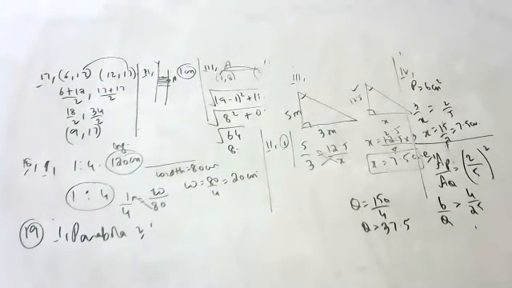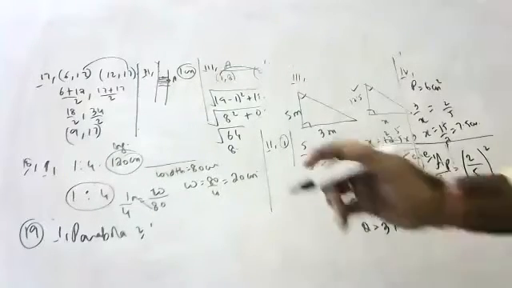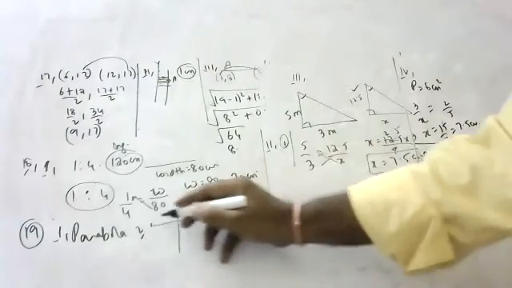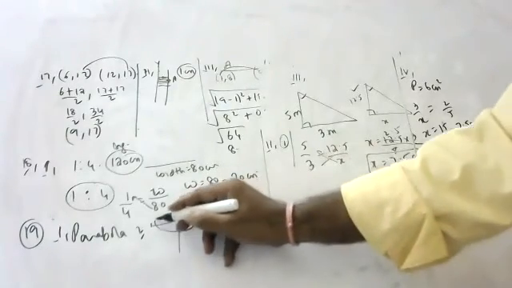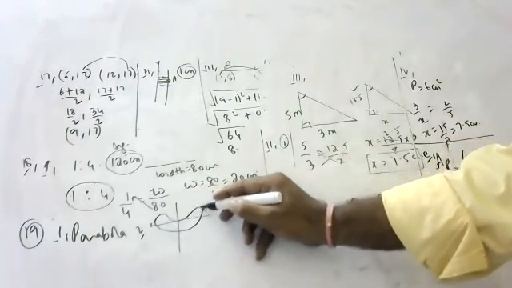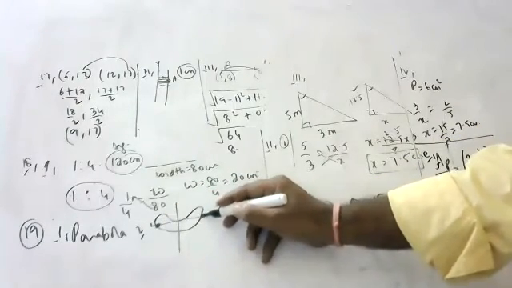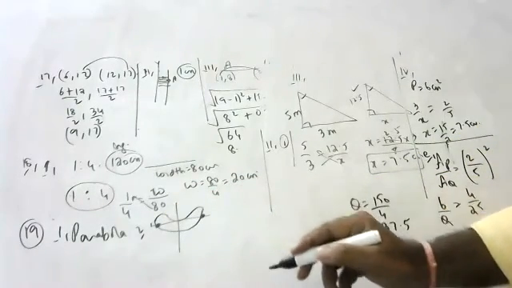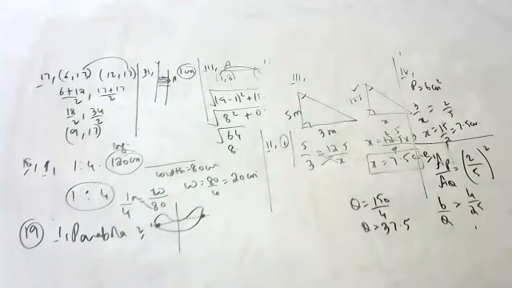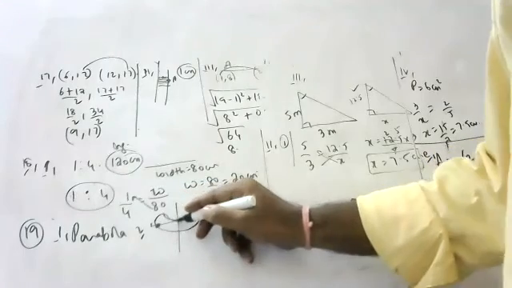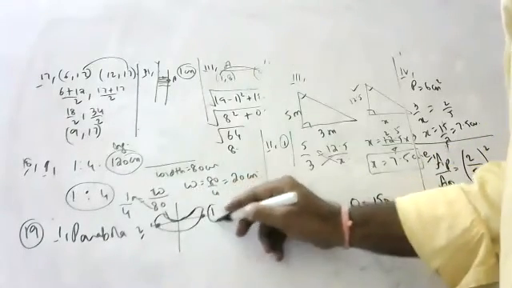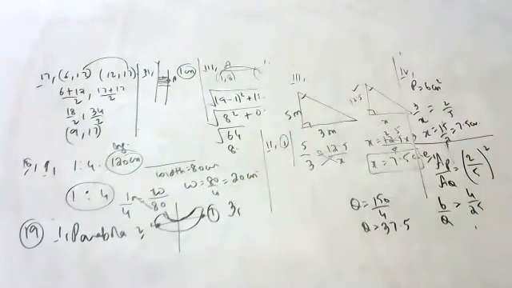Number of zeros, children. Sir, only A is touching, sir. No, no. This is the banana, isn't it? Here it is touching. Sir, the above one is the parabola, sir, not the one below. Oh, yeah. Sorry. I'm very sorry. Yes, correct. The above one is the parabola. I was looking at the lower one. I'm sorry, children. Only 1 zero.